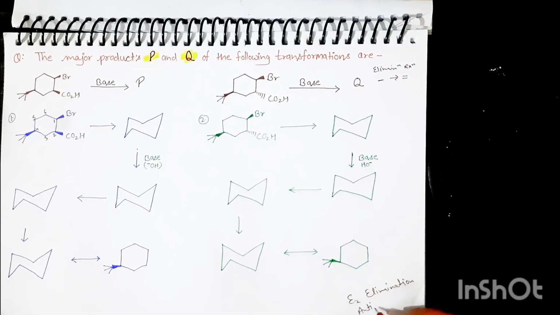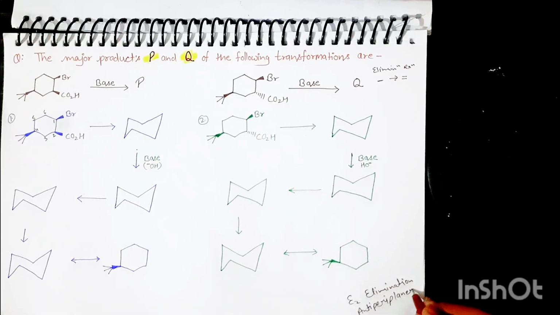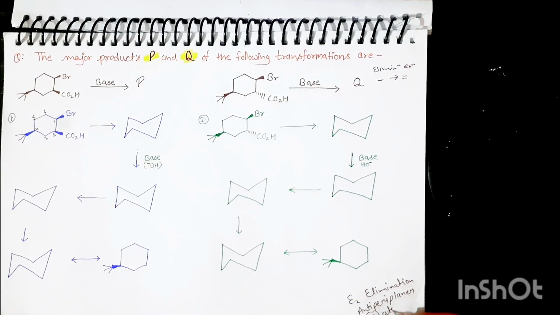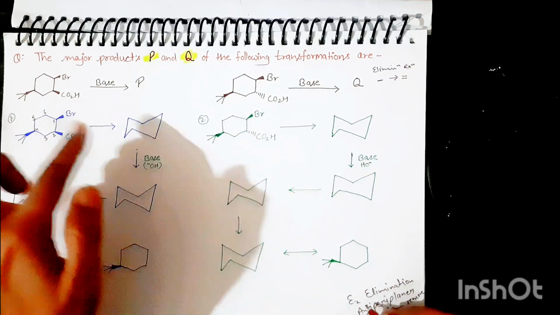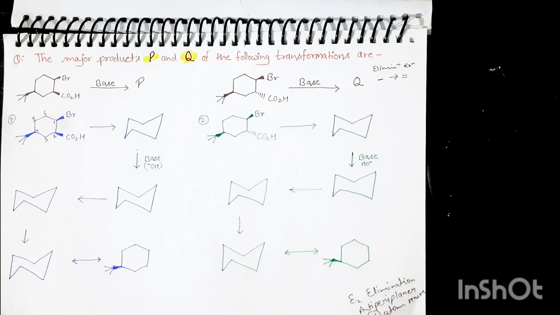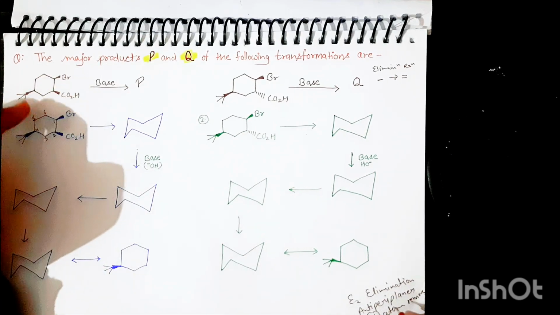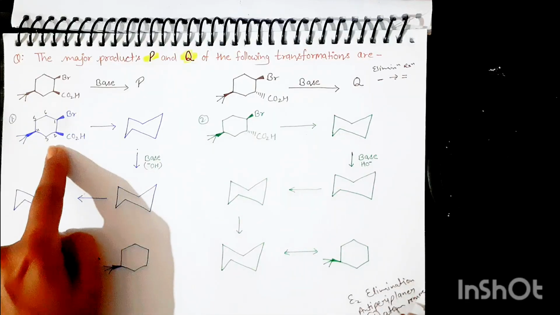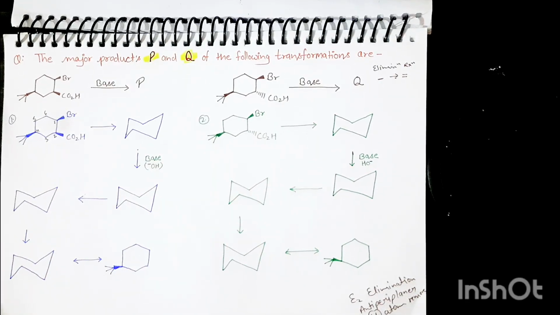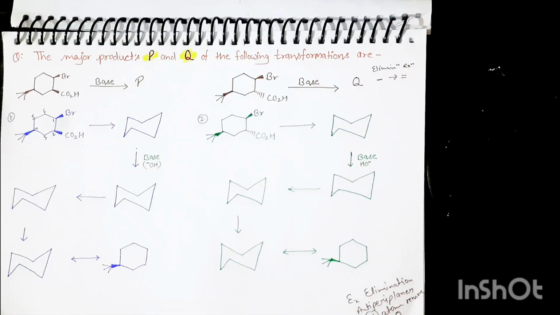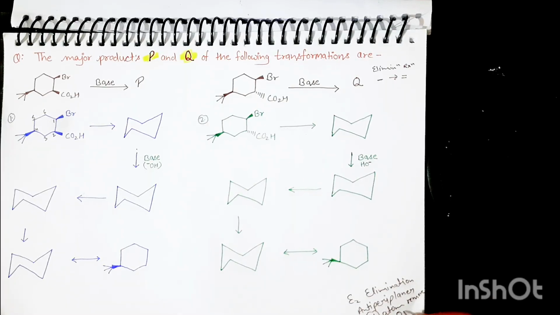So in E2 elimination, always the anti-periplanar hydrogen atom is removed. So in cyclic compounds, how do we check anti-periplanar? First, when they give this kind of compound, we convert it into a chair form. In the chair form, C1 and C2 carbon both have axial positions in anti-periplanar. So if the C1 atom has a leaving group,